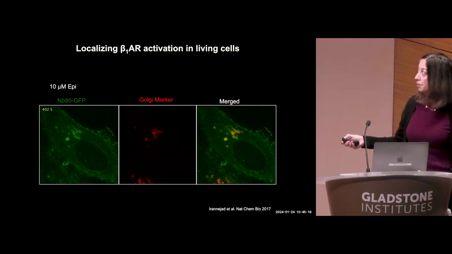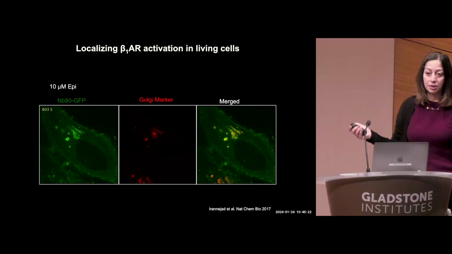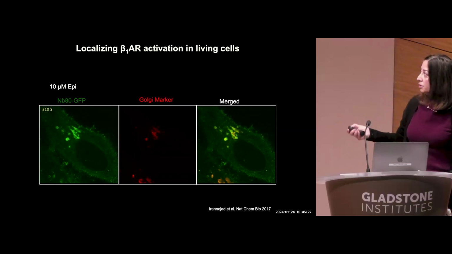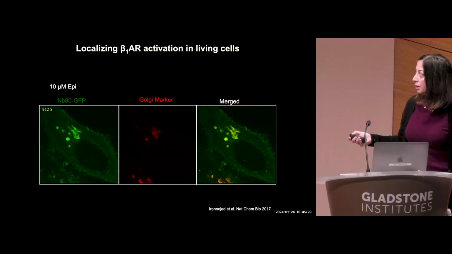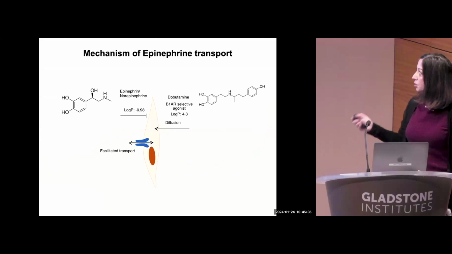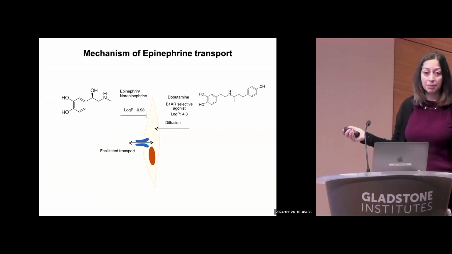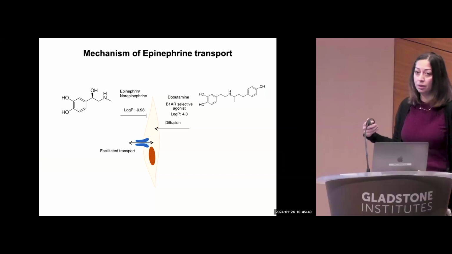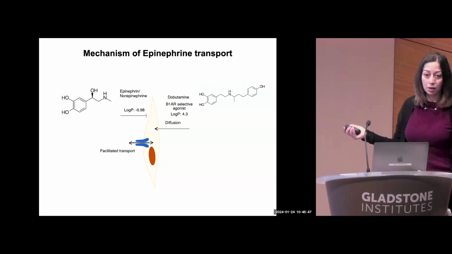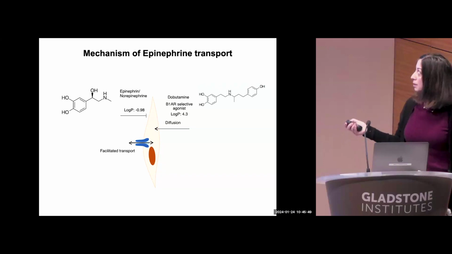this Golgi membrane. To make a long story short, we know that this Golgi localized receptor is a biosynthetic pool that actually receives and responds to the ligand that are coming from the extracellular environment. So the question is, how does this ligand, that we know, this is just a quantification, is not crossing the membrane on its own, actually reach the Golgi membrane to activate the receptor pool at the Golgi? To contrast that, we know that there are a lot of drugs, either activators or antagonists of these receptors.